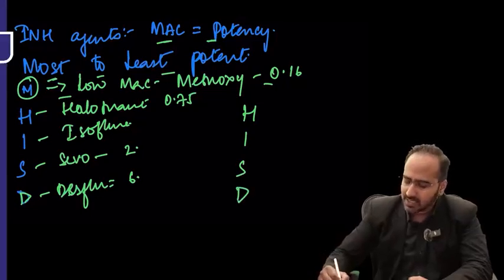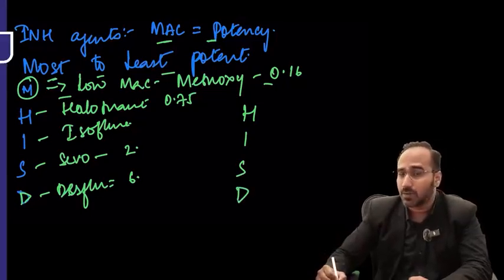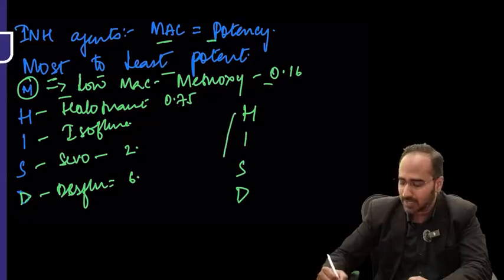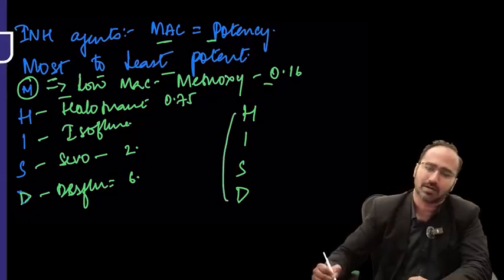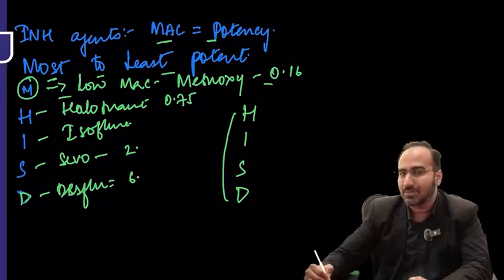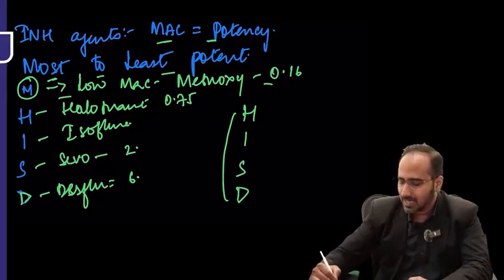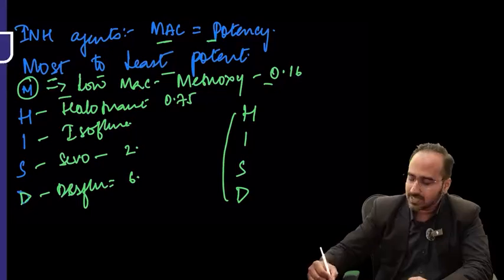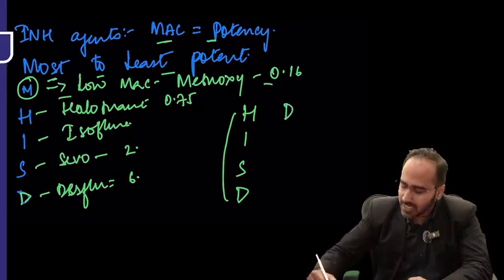HISD. This is the mnemonic for most potent to least potent. Right? If you take this mnemonic in a reciprocal manner, such as if you write the mnemonic